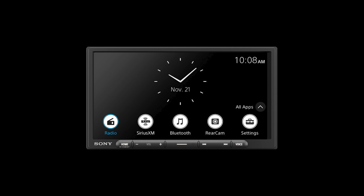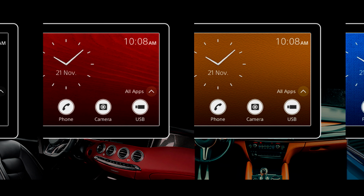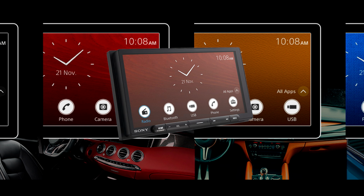experience. You can also expand the app drawer and rearrange the icons in that drawer to keep the ones you use the most up at the top. Add a custom wallpaper to the home screen as well to match or complement your vehicle's interior design for a